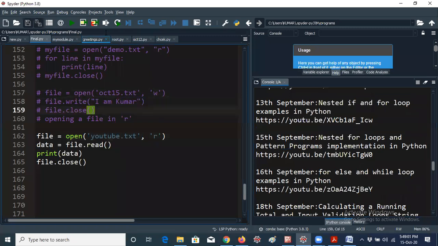Not only that, here I am printing "I am Kumar", which is simple. But if you want to print multiple lines, like your name and roll number and all, that is the purpose of files, guys. Here you have to reopen the file in read mode and read the contents by using the read method. Then print of data, that means the data will be printed. And file.close means whenever you open a file, according to the syntax, every file should be closed by using the close method. That's all. These are very easy features we have.